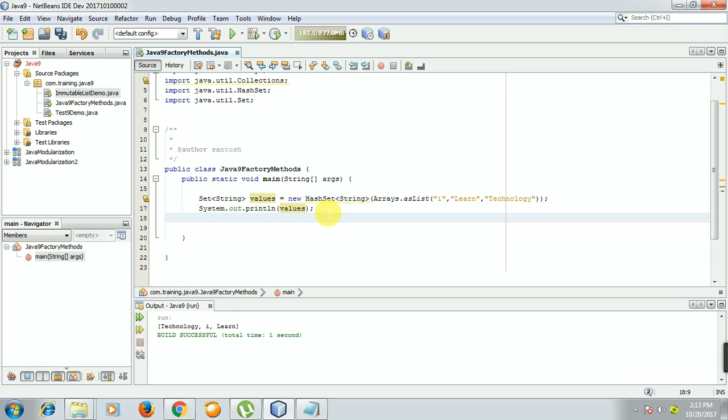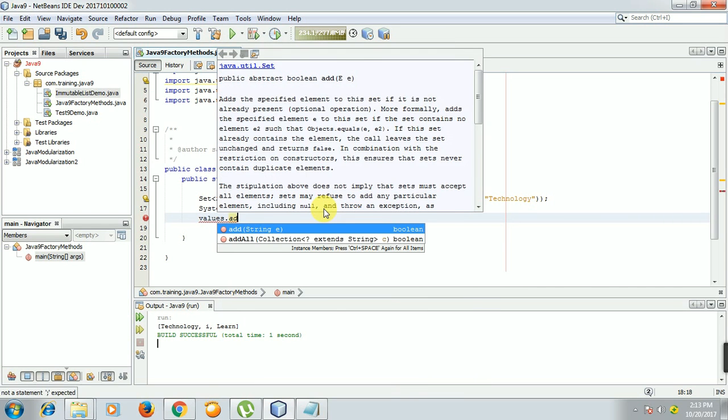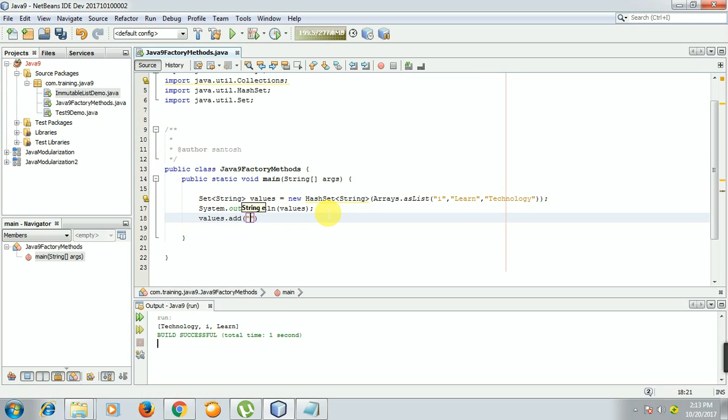Now if you want to modify this value set, what is going to happen? We'll see the same problem here. For execution purposes, I am taking dummy data. Shift F6 again. That means you can still update values in this values HashSet. In order to avoid that,